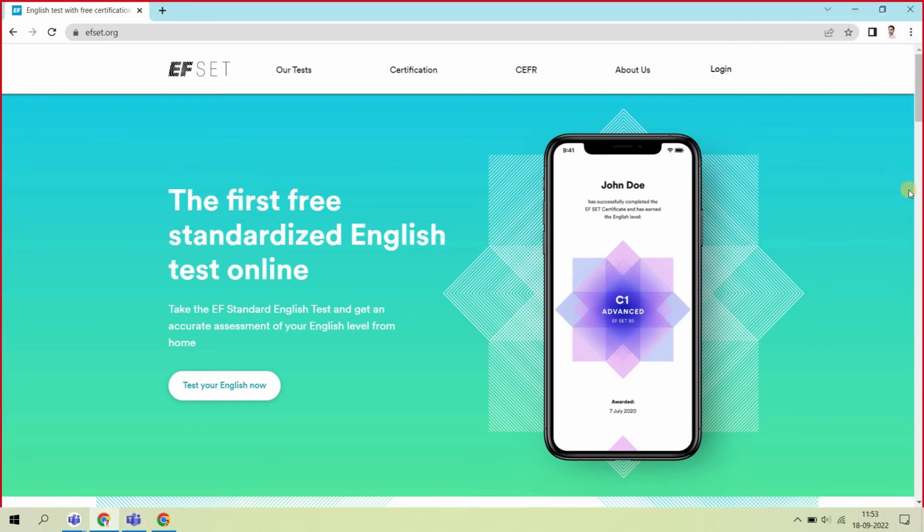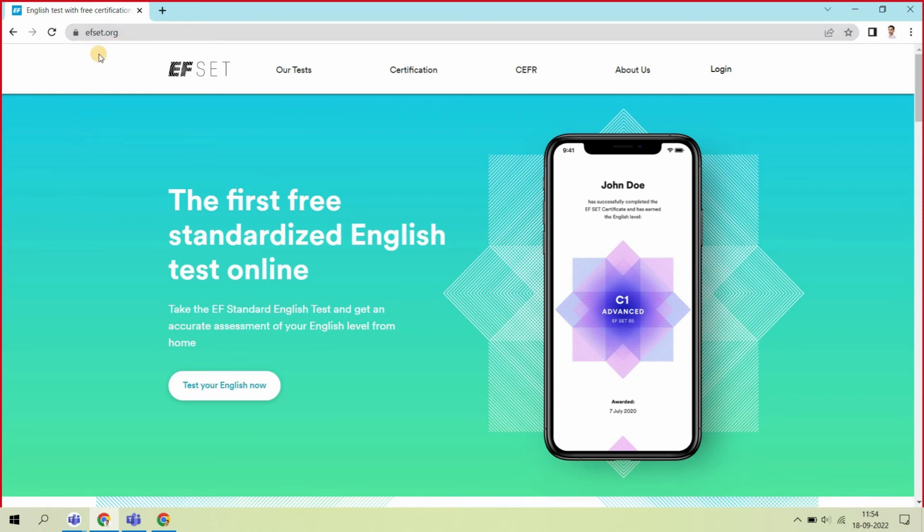If you look at this website, you should note down this link because this website will be useful for you for the rest of the 4 years. You can take this test as many times as possible, and it's free of cost. But I would suggest you take it once right now, once next year, and once when you come to the pre-final year, so that you will know your growth every year. I don't know how long this website is going to exist, but as long as it is there, you can take the test for free.